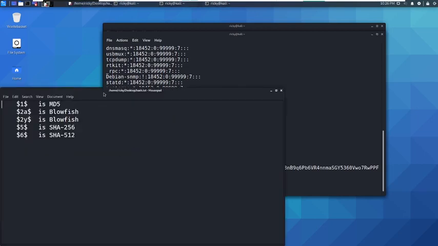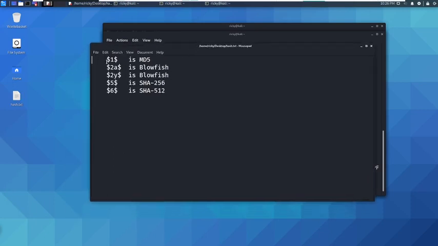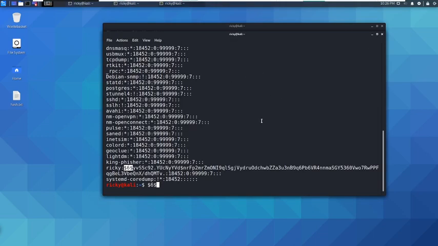I'm just showing examples of what is normally used. $1 is an MD5 hash. $2 is Blowfish, and $2 is also Blowfish. $5 is SHA-256, and $6 is SHA-512. These are only a few hashes I'm showing here, but there are lots of hashes.